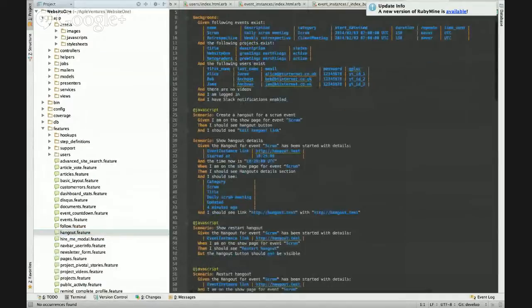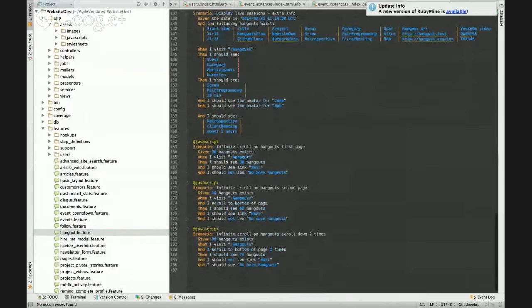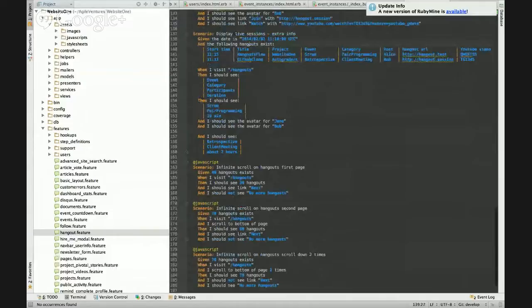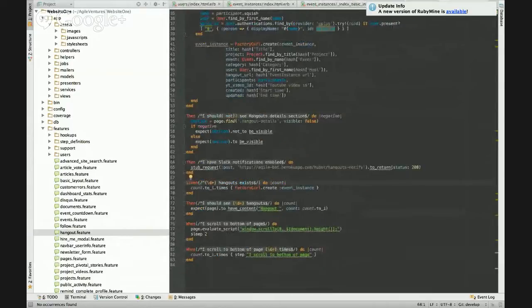Yes, Hangouts feature. Oh, there it is. Okay, and the following Hangouts exist: 70 Hangouts exist. Okay, so let's have a look at that. Given so many Hangouts, create event instances. Okay.